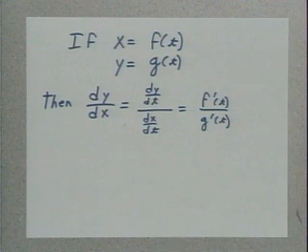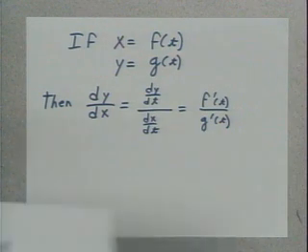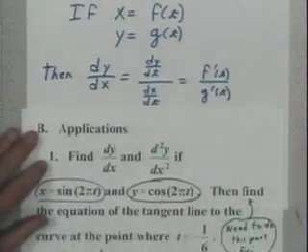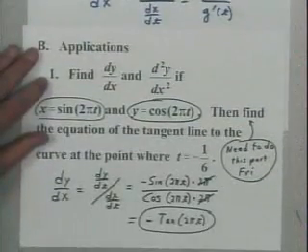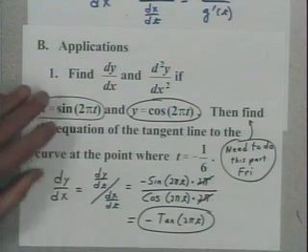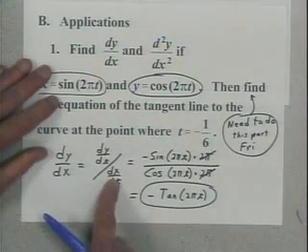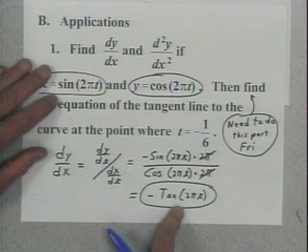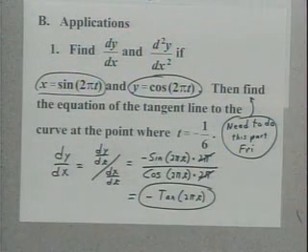So I kind of saved what we did before. We were doing this application. Our parametric equations were x equals sine of 2 pi t and y equals cosine of 2 pi t. And here you see us following the formula, doing the first derivative, and we ended up with that. Okay? Well, to find the second derivative,